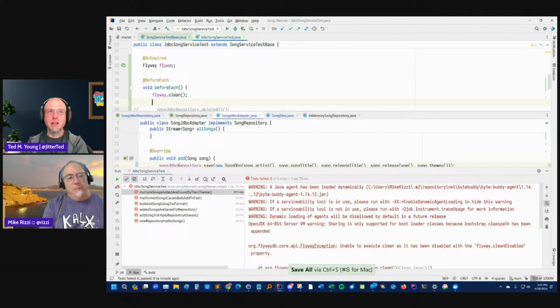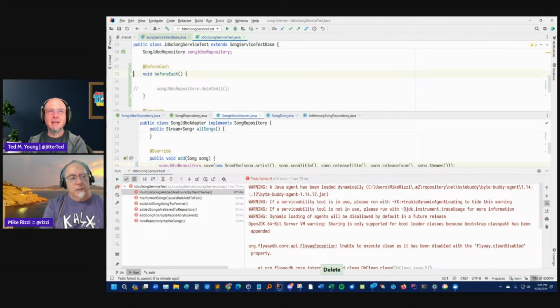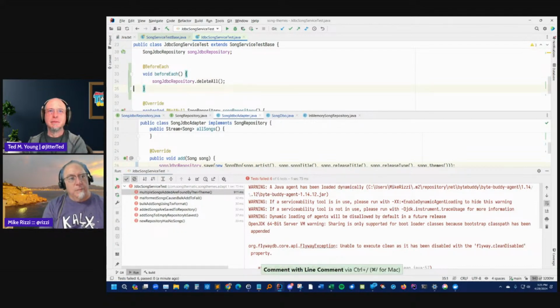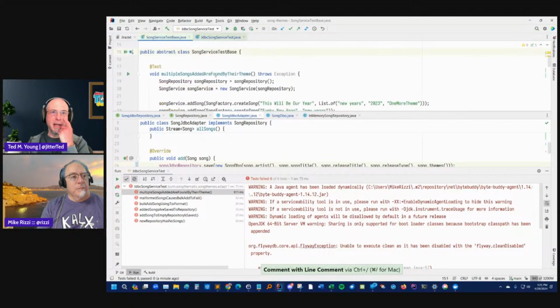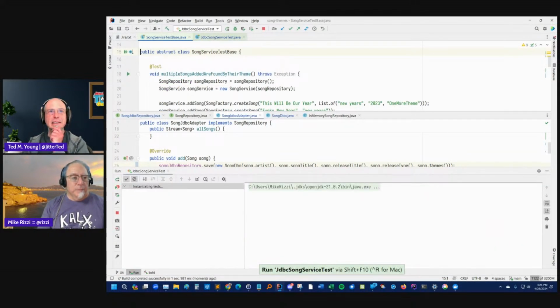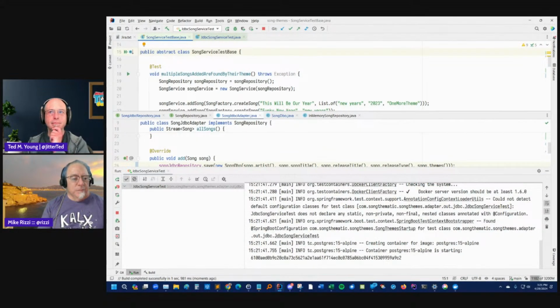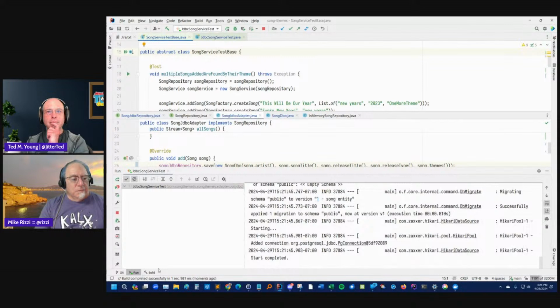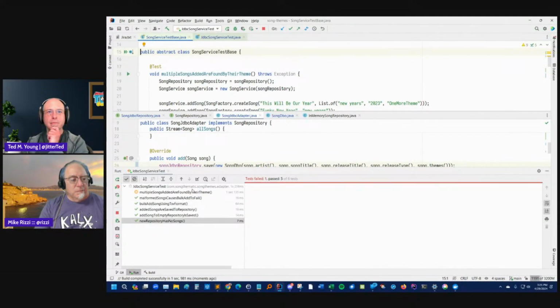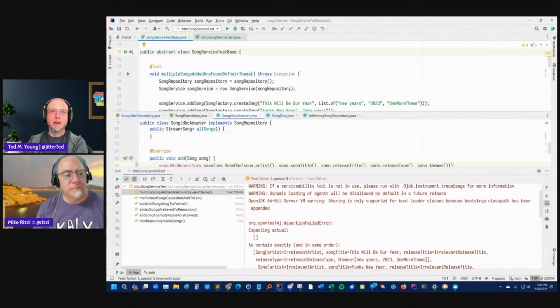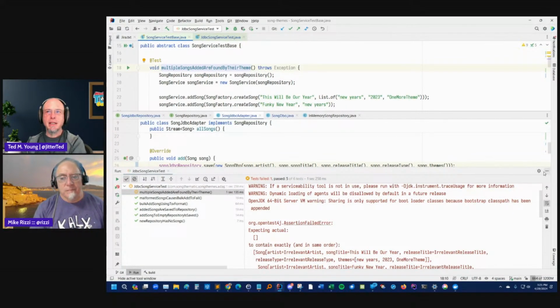We'll eventually want to use the transactional, so I'll figure out a better way to do that. So get rid of this. Yeah, get rid of that. Bring this back in. Yeah, uncomment that. And let's make sure that everything passes except for our find by theme. Excellent. All right, so now this one is failing because it can't find anything, because our find by theme doesn't do anything. So let's